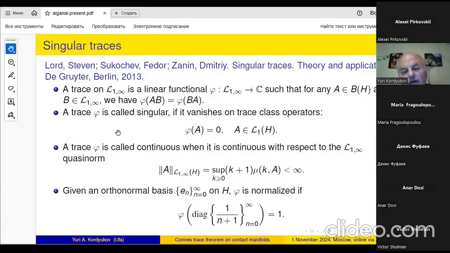As I have already said, a singular trace means that it vanishes on trace class operators. Then we should assume that phi is continuous with respect to this quasi-norm on this space,